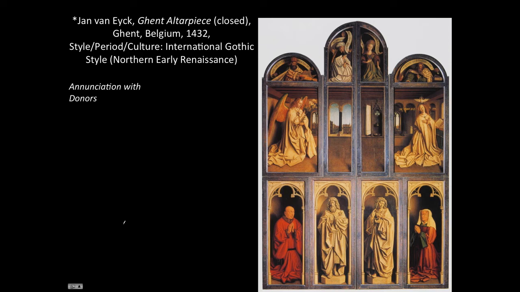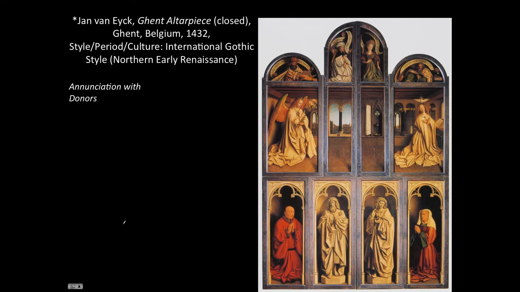Moving on to our next starred slide, this is Jan van Eyck's Ghent altarpiece. We're looking at one of those polyptychs, or many-winged altarpieces, that would have sat behind the pulpit in a Catholic church. This one was made for the church in Ghent, which is located in Belgium. It was one of those really prominent and dominant cities that we just talked about as part of the